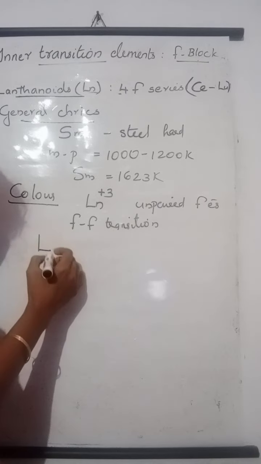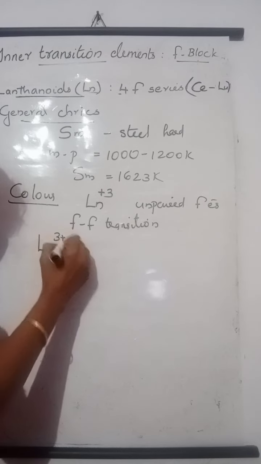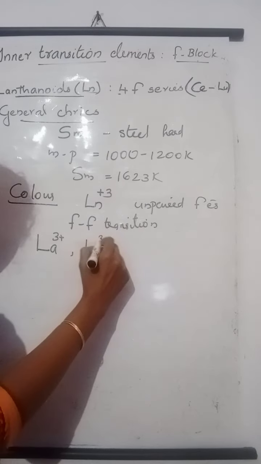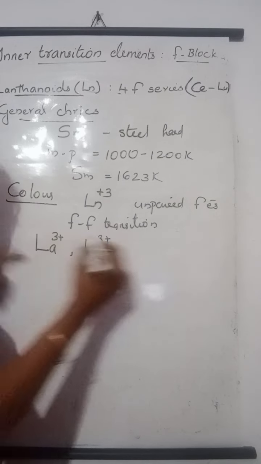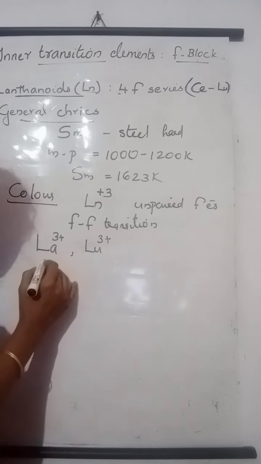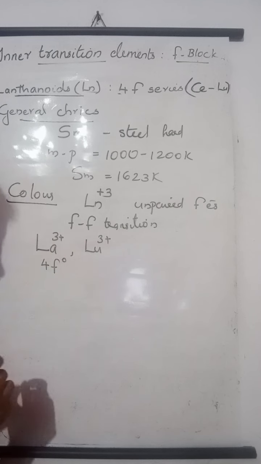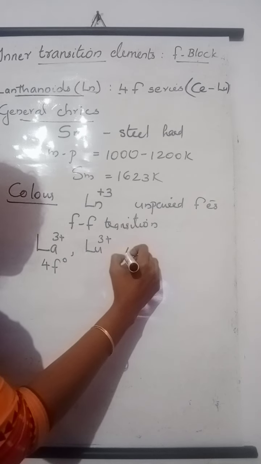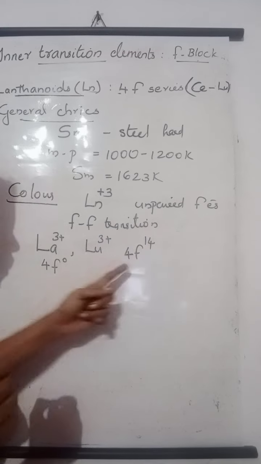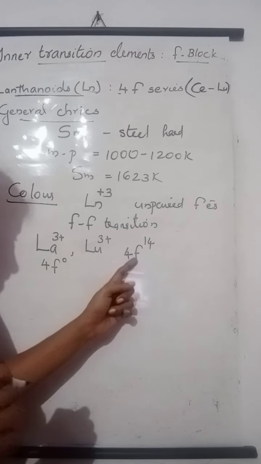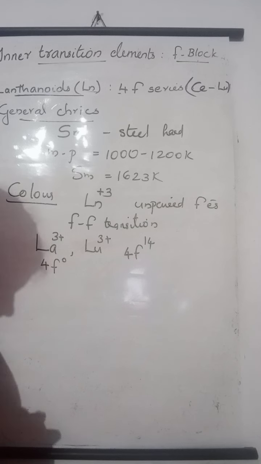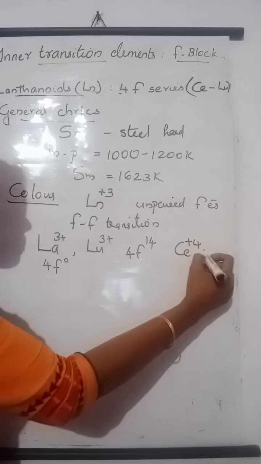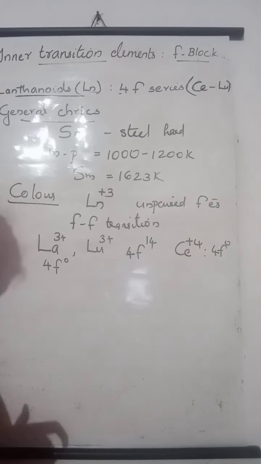There are ions which are colorless. For example, lanthanum 3+ and lutetium 3+ are colorless. Lanthanum 3+ is colorless because it is 4f0, no electron in the f atomic orbital. Lutetium 3+ is colorless because it has 4f14 electronic configuration, no unpaired electron. All the electrons are paired, a completely filled f orbital configuration. Another example, cerium +4. Cerium +4 is also colorless because it has 4f0 configuration, empty f atomic